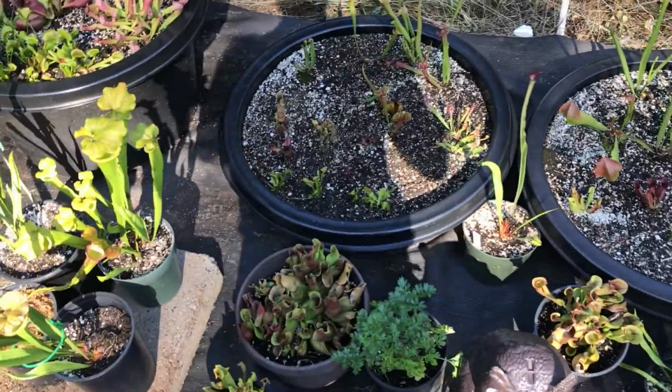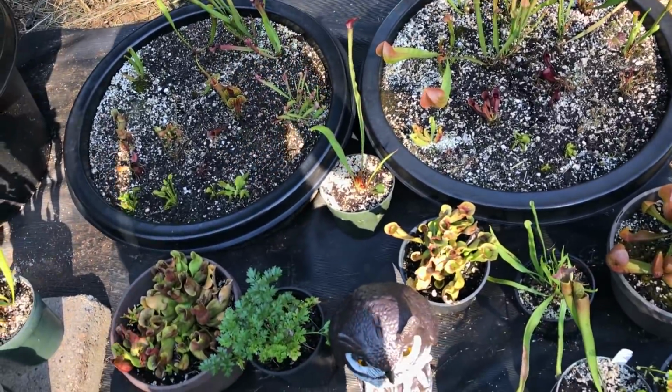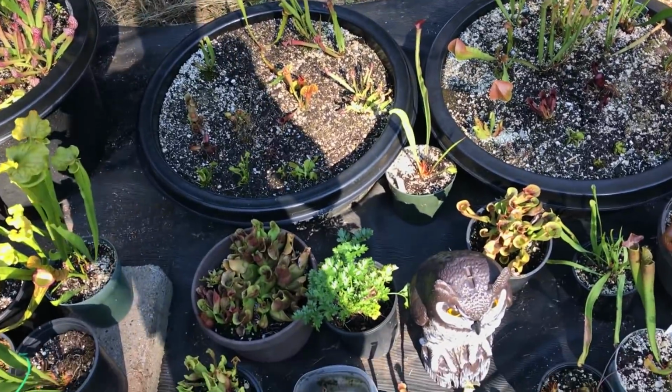But yeah, I'm really happy with everything so far. The new spot, the plants are adjusting well to it. It's basically not much of a difference. They're getting pretty much the exact same amount of light. But yeah, plants are loving the spot, wasps are loving the plants, and of course I'm loving the